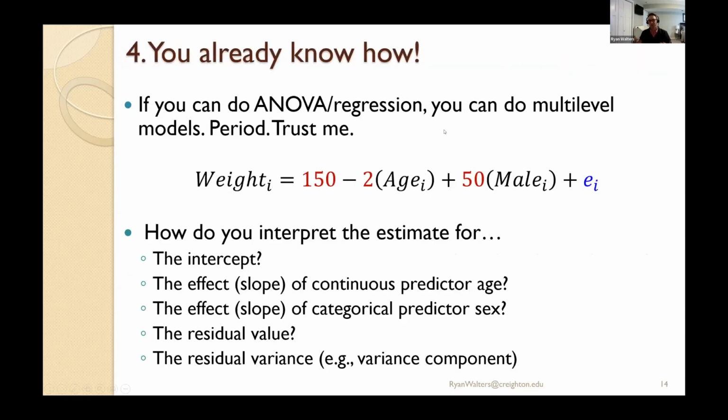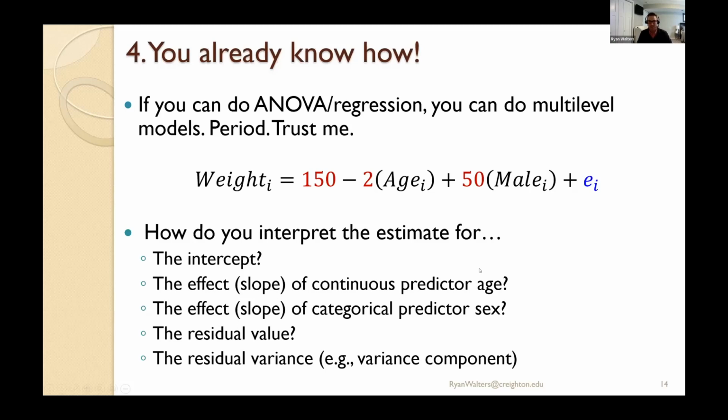And then I mentioned earlier, you already know how. So if we take this garden variety linear regression equation, what's the intercept? So the intercept's 150. That's when age and male both equal 0. In this case, if male is 0, we're talking about a female, but if age is 0, we're talking about somebody who's literally just coming into this world. So this really highlights the need to center your predictor variables. We're going to talk a lot about centering. Centering generically for right now just means finding a meaningful 0 point.